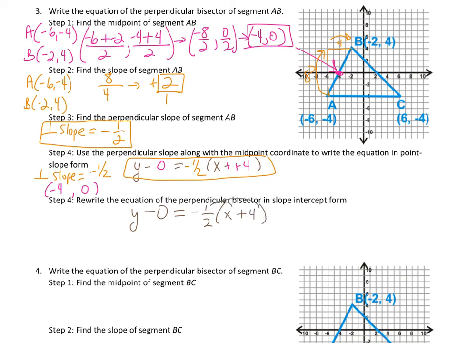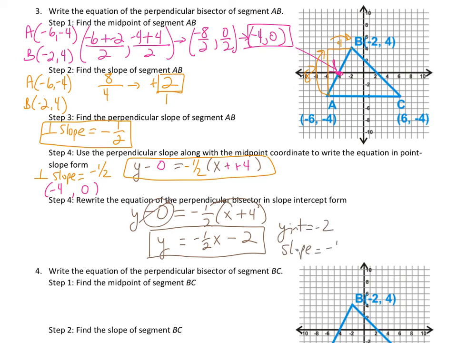We need to distribute, so we get a -1/2 x. Half of 4 is 2, but we have a negative times a positive, so that will be a negative. And the 0 again, remember, is just going to disappear, so we get y equals on the left side. That means our y-intercept is at -2, and our slope is still -1/2. If you look in your picture up above,